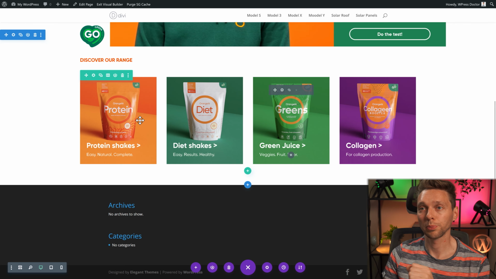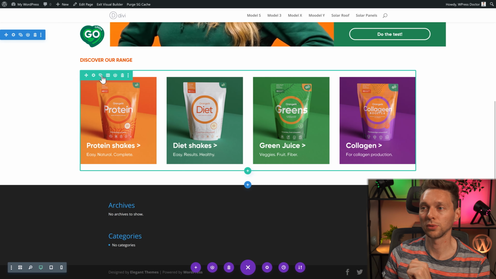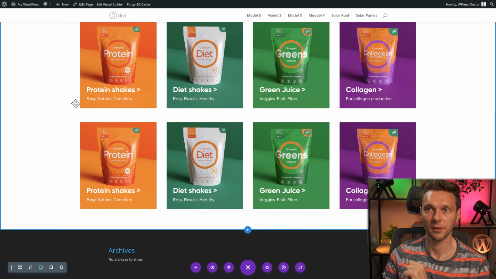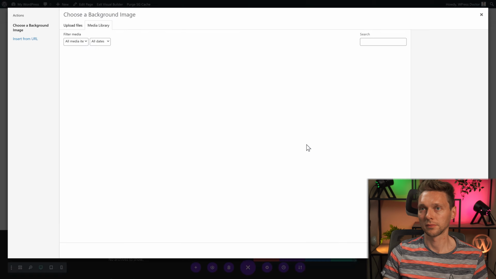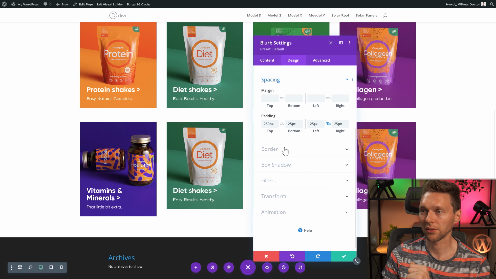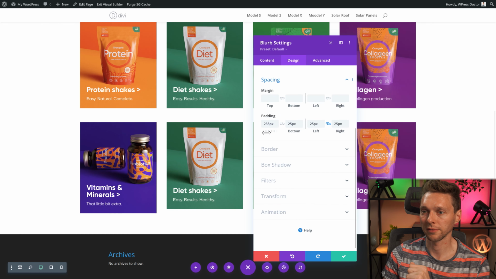So to add the other row of products, just duplicate this entire row like this. I'm going to recreate this real quick. Now what we see over here, because the title is bigger than the other ones, it's not the same anymore. So we go to design, we go to spacing, we're gonna change the top heading like this to make it